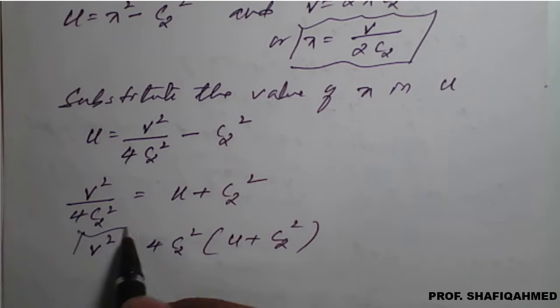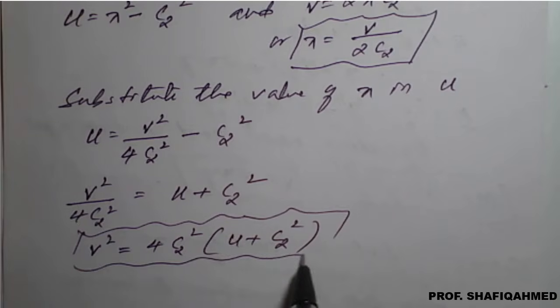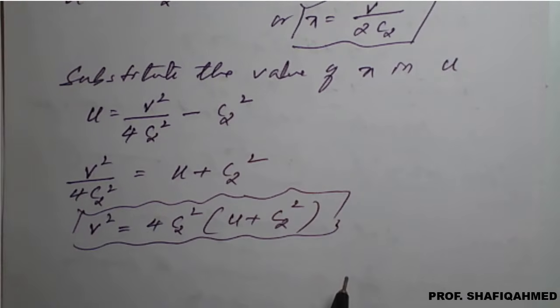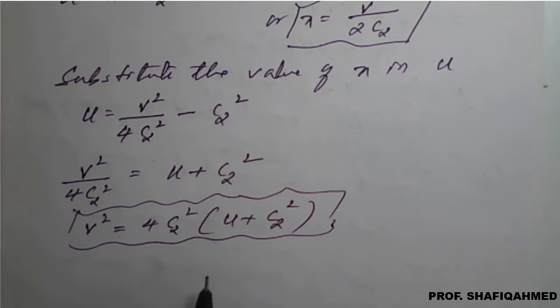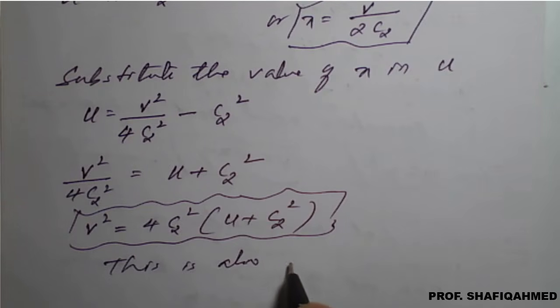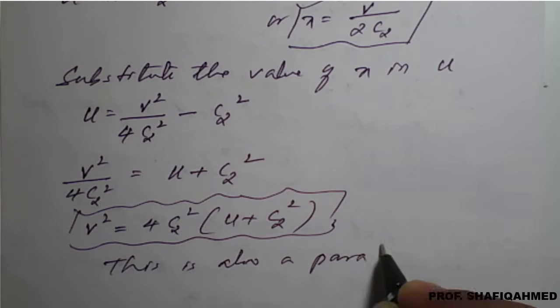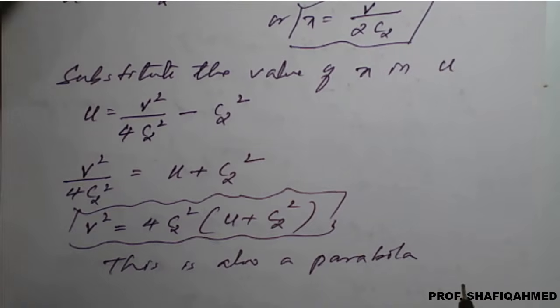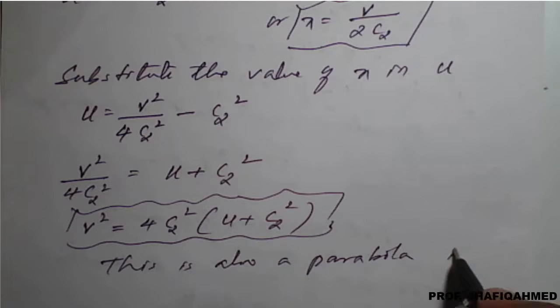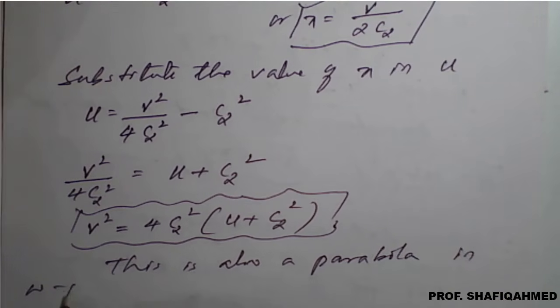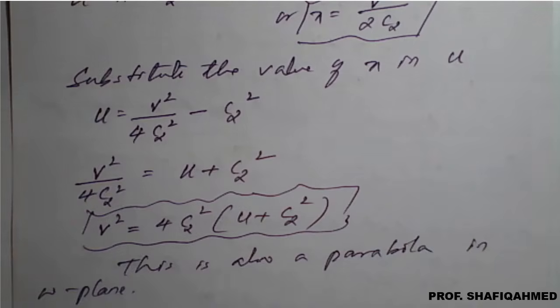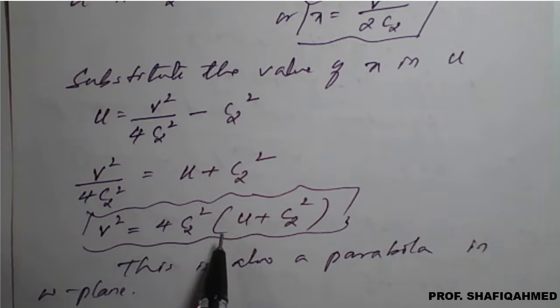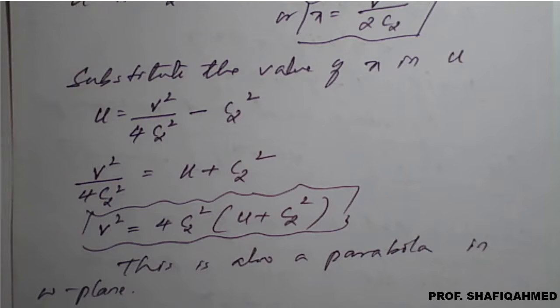So you can observe here, we got u positive, no need to take any sign. So this is also a parabola when you take y is equal to any constant, which is again a line converting to a parabola. This is also a parabola in the w plane, because if the result is coming in terms of u and v, it is the w plane. If the result is coming in x and y, that is the z plane, remember.